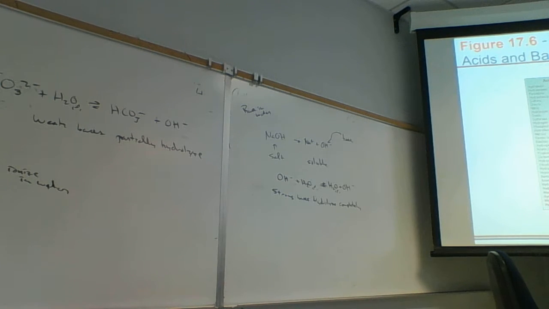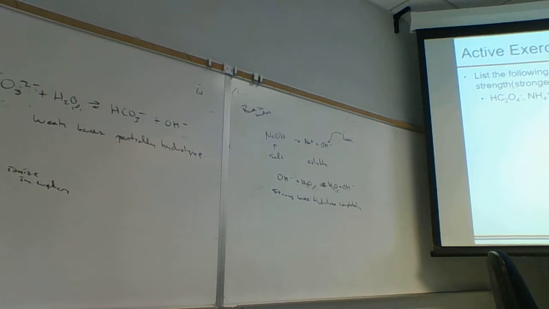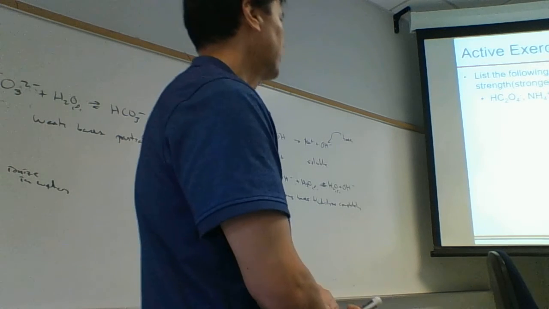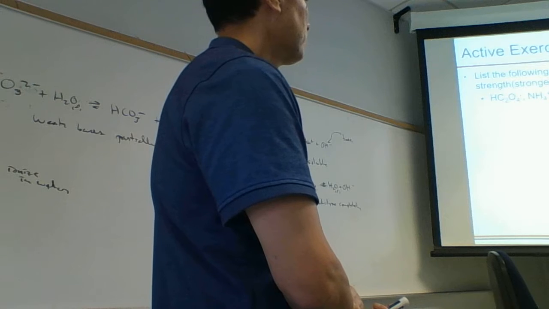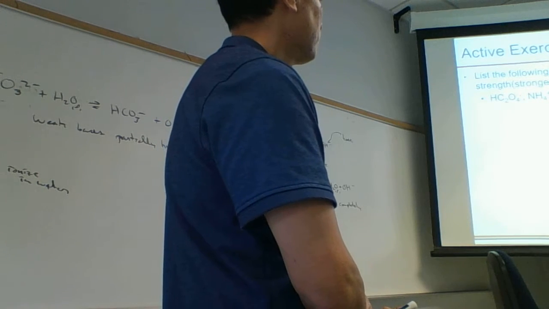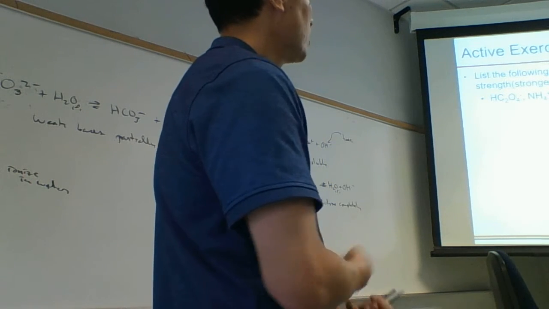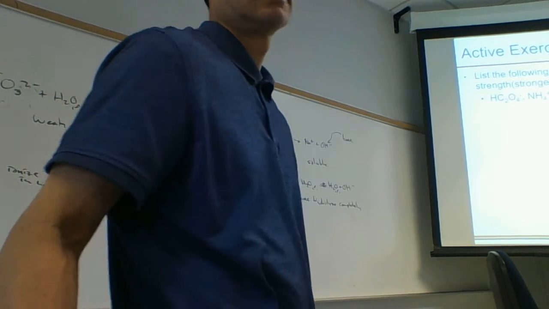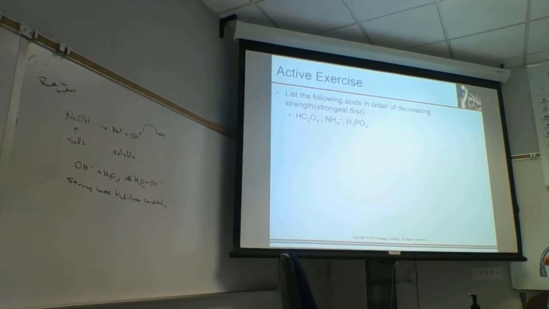So here's our chart of acid and base strength. And there's also the conjugate pairs. List the following acids in order of decreasing strength. What do you think? Just take a guess. Let's see how well you do. Phosphoric acid is strongest, yeah. And then